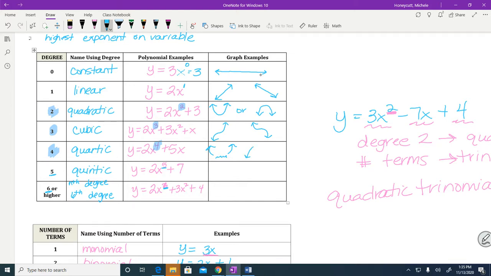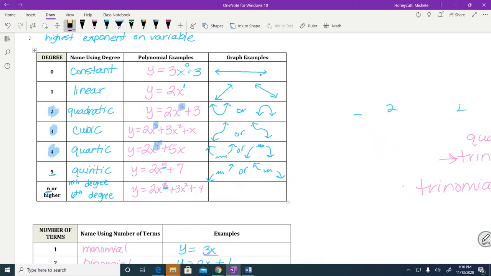So either both ends are going to point up or both ends are going to point down. So you'll see me say, so this or that or that. When a polynomial is quintic, the left side will point down and the right side will point up. That's what's going to happen. Or the left side's going to point up and then the right side's going to point down. Now we can summarize all of that